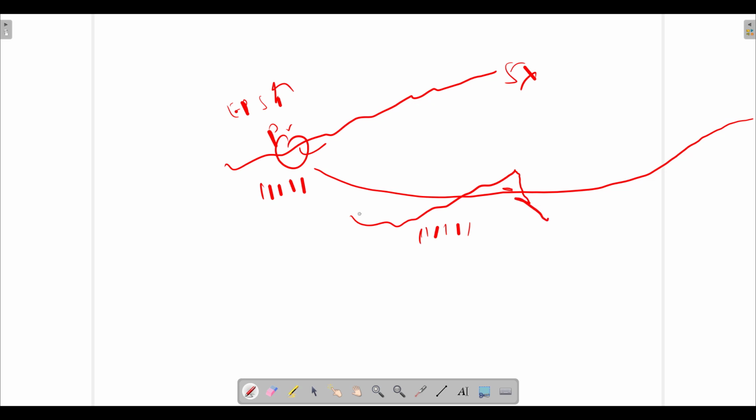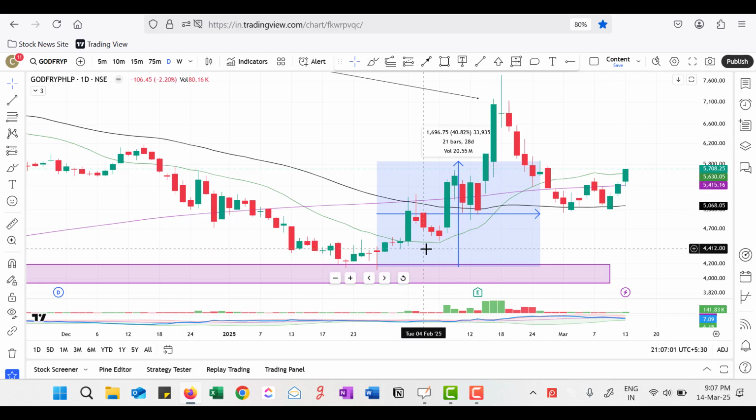Okay, we are going to see the chart of Godfrey Philip. So here is the chart of Godfrey Philip. As we can see, we discussed it in our previous videos. So it starts rising, and you can see the good volume. The EPS is green, so it is increasing as well. But see, it just fell back to the level of the 200 moving average. Now it has again started rising above its 200-day moving average.